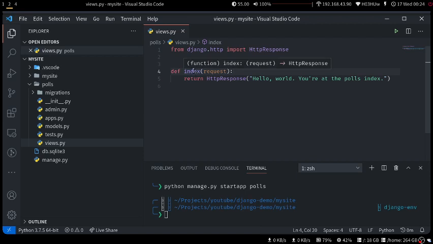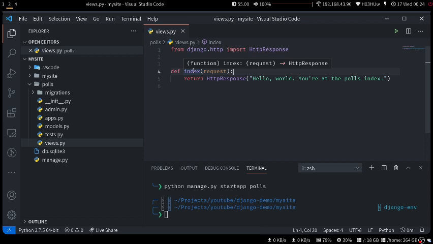A view is nothing but basically, for every path in a Django server, whatever the different possibilities are, for every different path you can map it to a function. So whenever a request comes at a certain path, let us say you somehow own google.com.